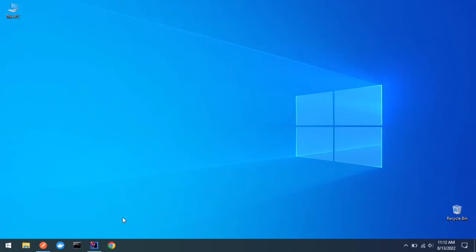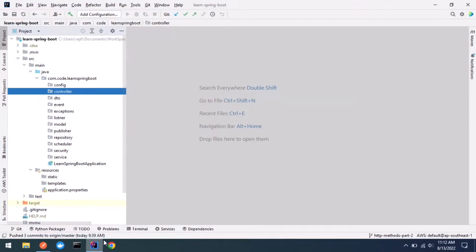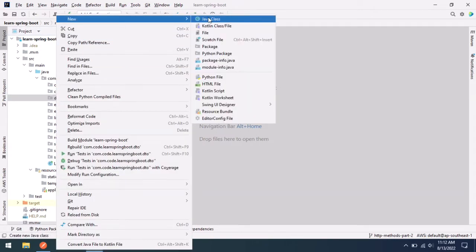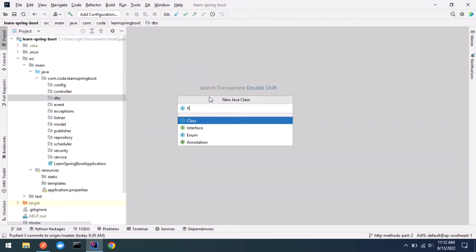Hello again. Today I am going to show you what are the HTTP methods that are used in Spring Boot. Mainly I am talking about the GET, POST, DELETE and PUT methods. In here I assume an example like saving a fruit to the DB and getting details about the fruit from